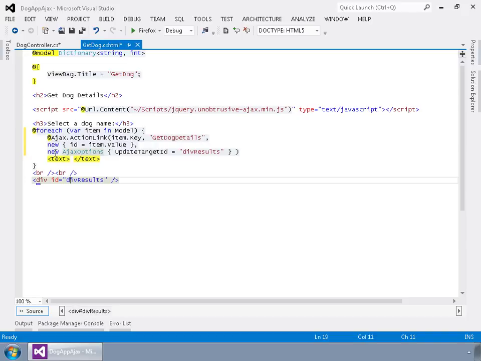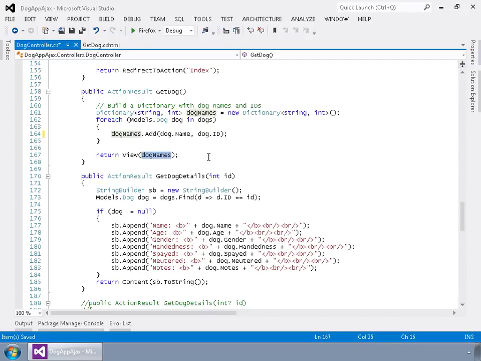So what this means is that when somebody clicks on one of the dog names, it's going to execute this Ajax method here and go against the action result of get dog details and pass the ID of what was selected to go retrieve details, and then when it returns it's going to try to fill up the element of div results. Okay? So let's go ahead and save this page since we've modified it a little bit,